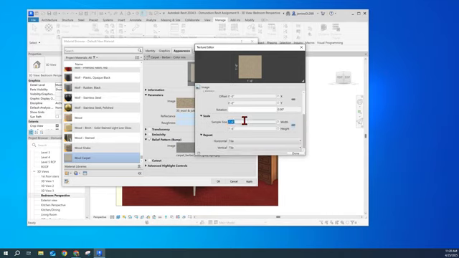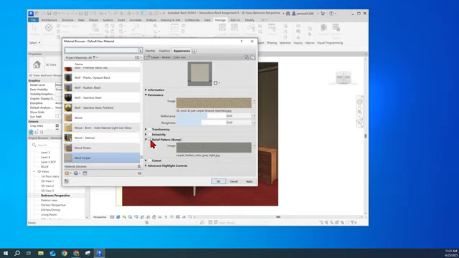For my sample size, I want the texture to be a little bit more evident, so I'm going to make the sample size larger. I'm going to make it 3 feet. I still want it to tile. I don't need an offset. I don't need it to rotate. And then this